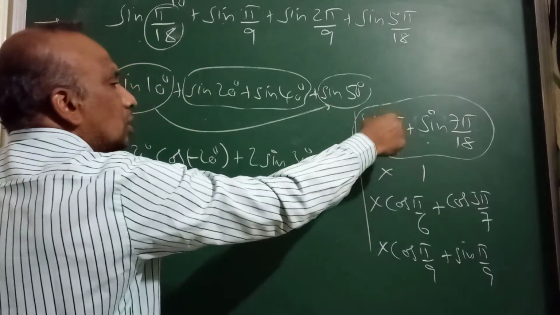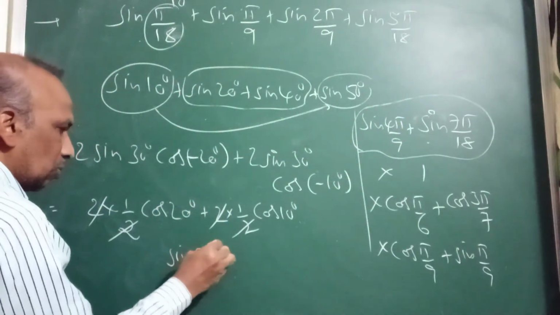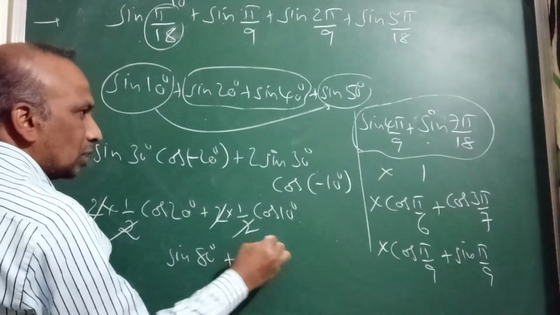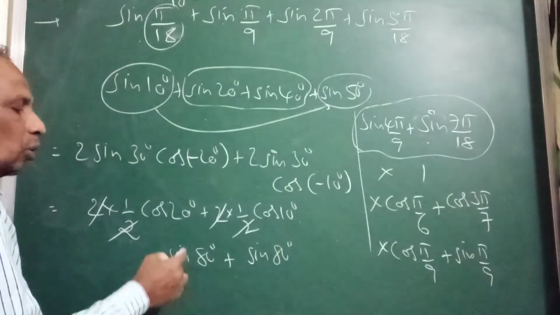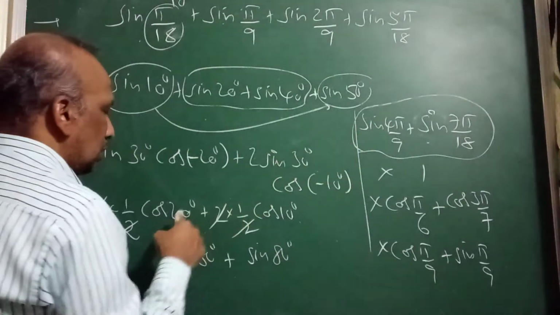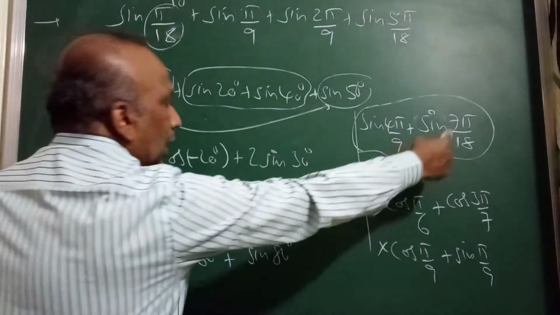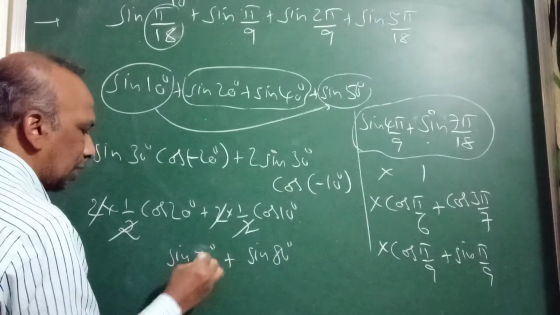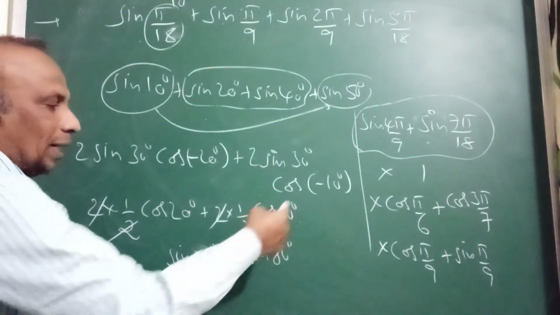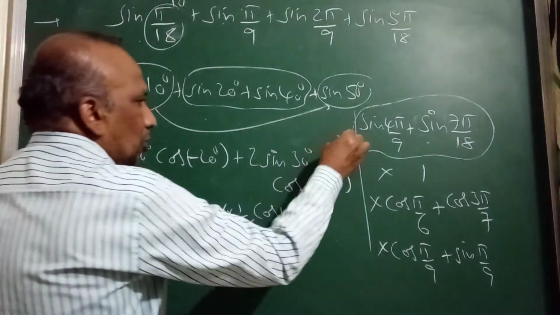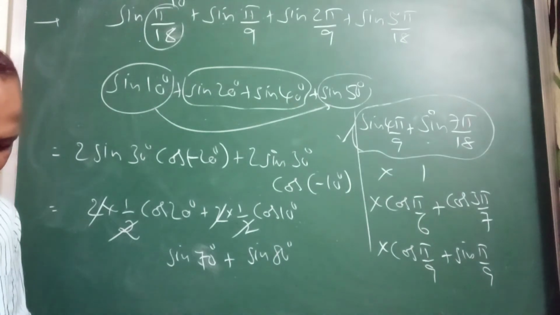How? You can observe here: cos 20 is sin 70, and cos 10 is sin 80. I wrote it wrong here, you can see this one, 20 here. This is sin 80 and this one is 70. Sorry, this is 70: converting, 90 minus 20 is 70, and 90 minus 10 is 80. So the first option is your answer: sin 70 degrees plus sin 80 degrees.